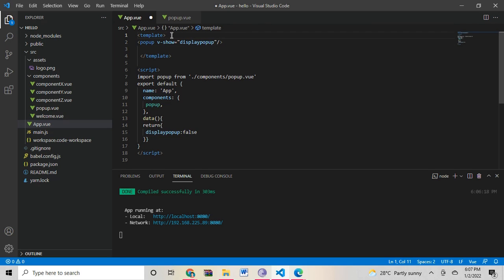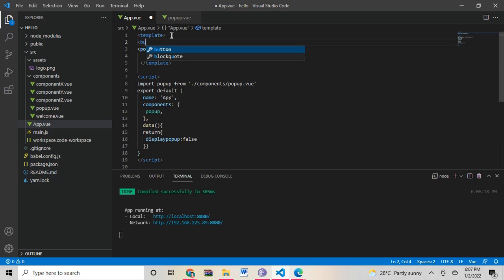Now you can include a button here. If you click it, the value of this display pop-up should be changed to true.